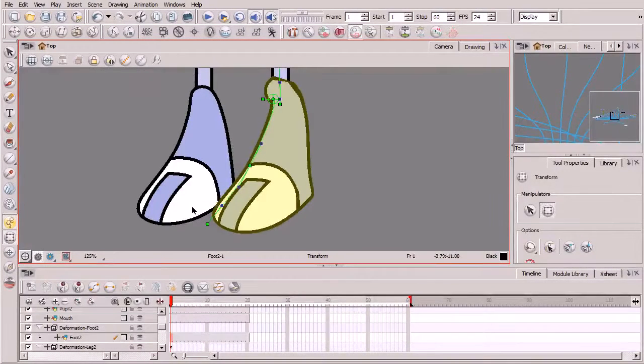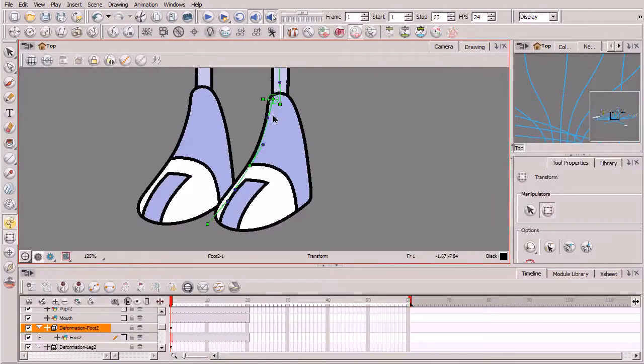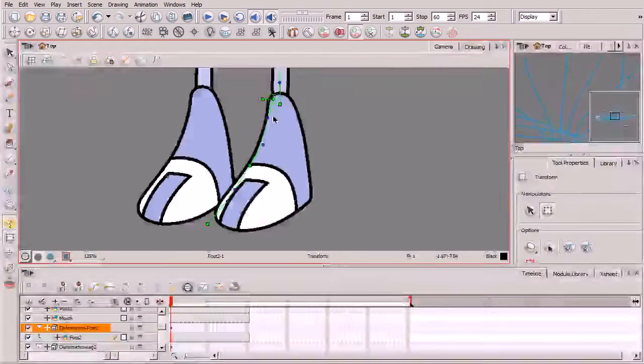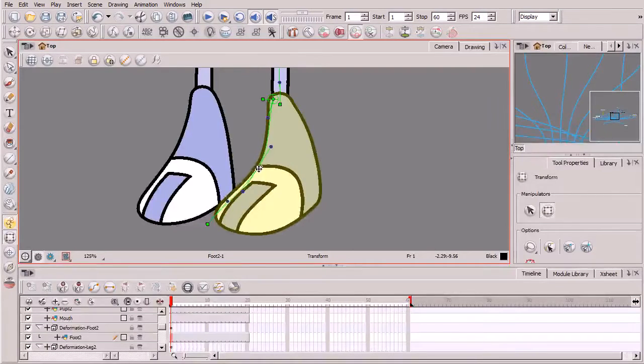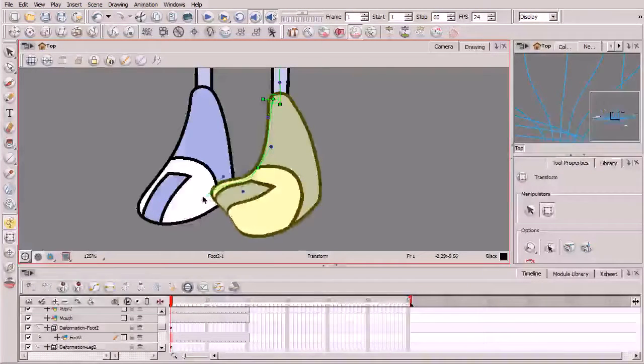You may see it blow out our foot just a little bit. That's okay. Click on that deformation layer, and then once again, we'll click on this button right here. And boom, it takes it right back to the way it should look. Okay, so making sure we have our transform tool,